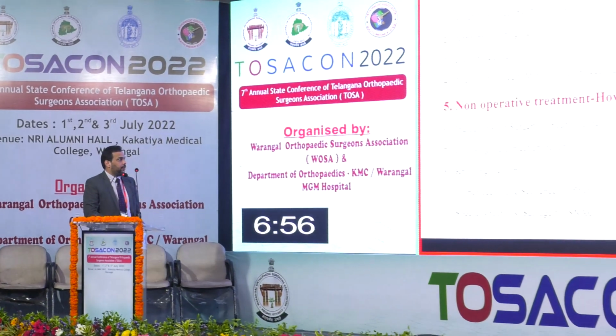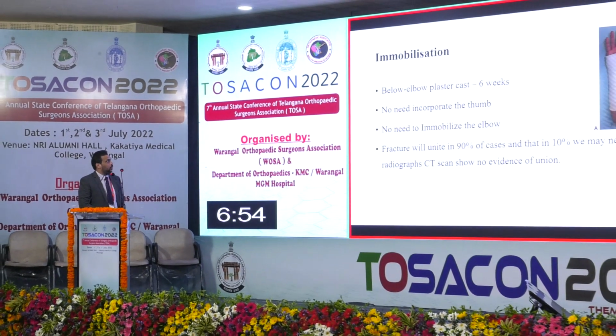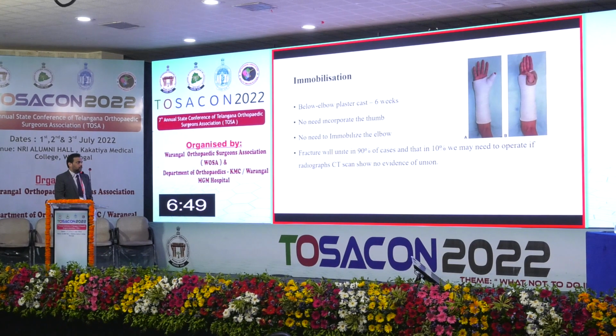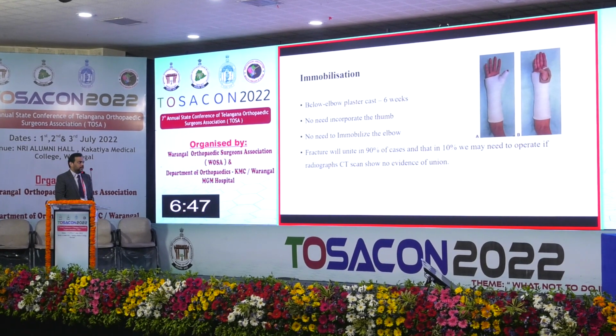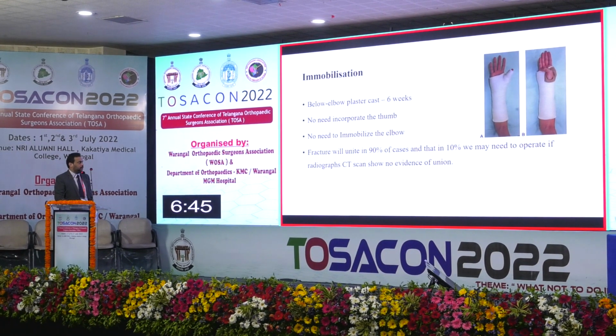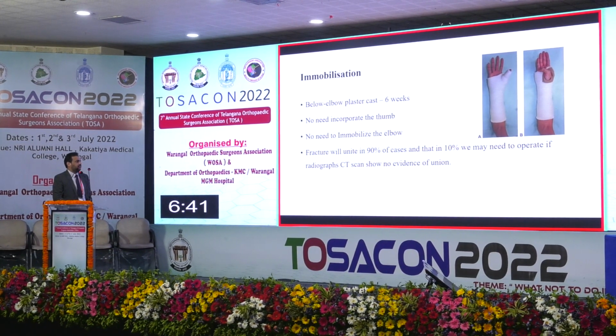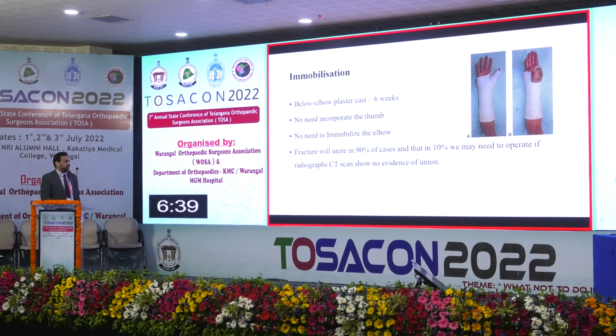And if you're going for non-operative treatment, how to get it right? Immobilization is with a cast. Whether to include the thumb or not is again controversial. If the patient is non-compliant, it's always better to include the thumb, but allow the IP joint of the thumb to be free. In spite of casting, there is a 10% chance of non-union with a minimally displaced fracture,